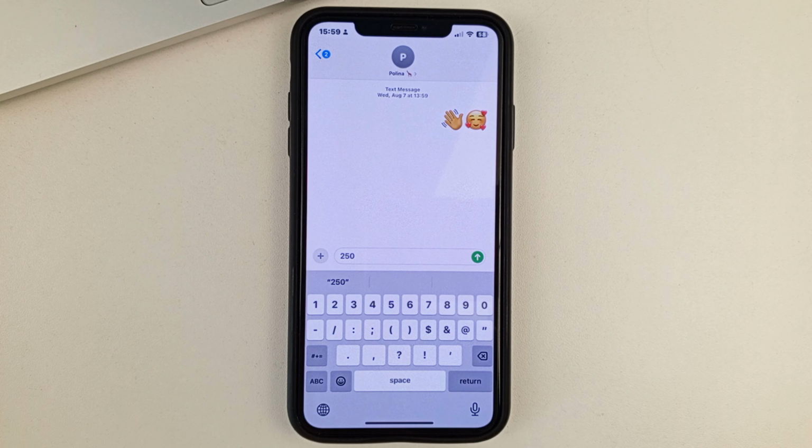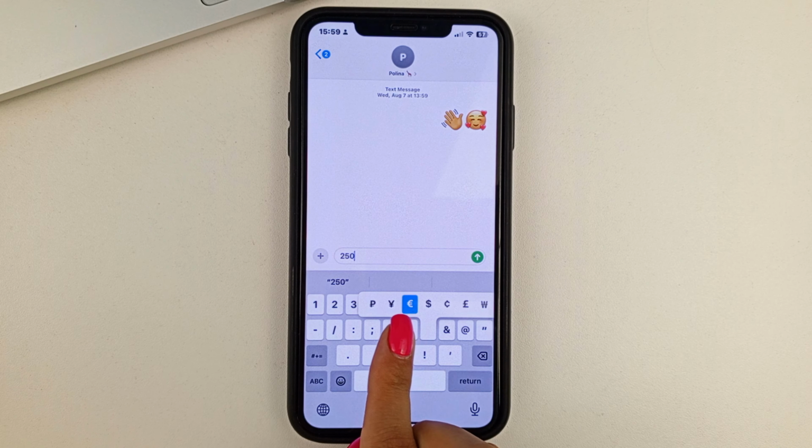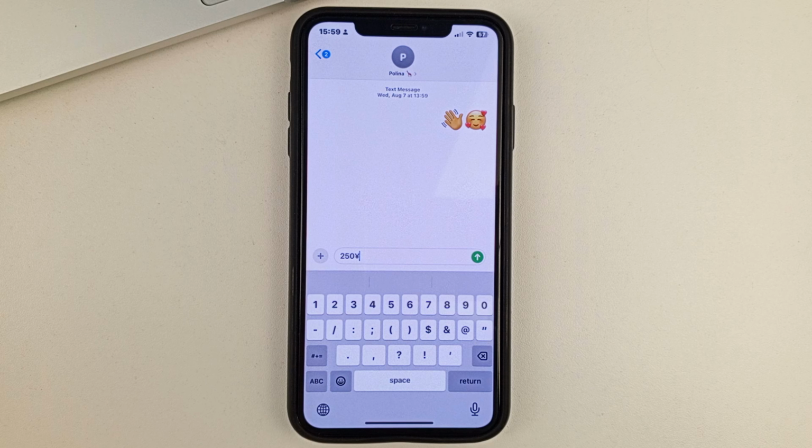And now, in order to find the yen symbol, there are two options. The first one is when you type any number, digits, and so on in your keyboard. In order to find the yen symbol, you would have to first find the dollar symbol on the symbol keyboard. Press and hold it down. And now, to swipe to yen, you'll need to, without taking your finger off, swipe to the left like this, and let your finger go. As you can see, you have now added the yen symbol to your number.